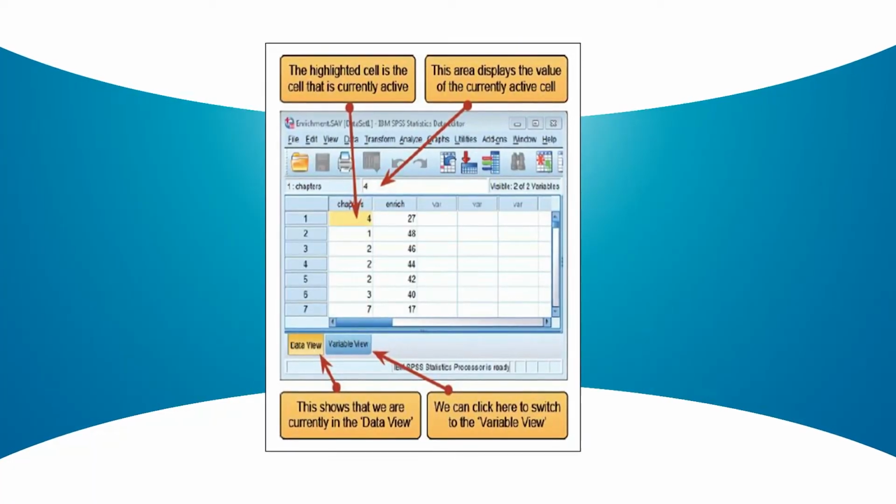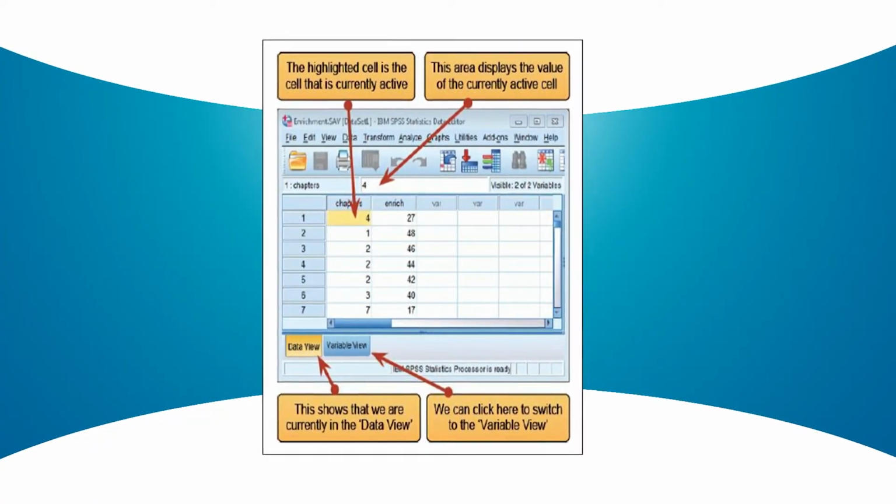The data editor. The main SPSS window includes a data editor for entering data. This window is where most of the action happens. At the top of the screen is a menu bar similar to the ones you might have seen in other programs. Following shows this menu bar and the data editor.